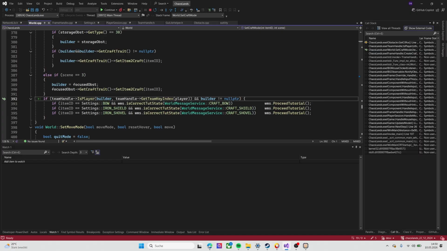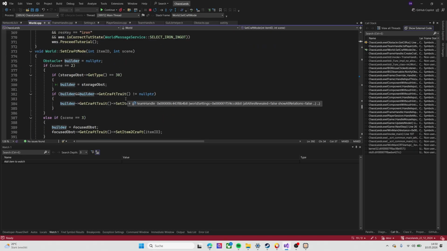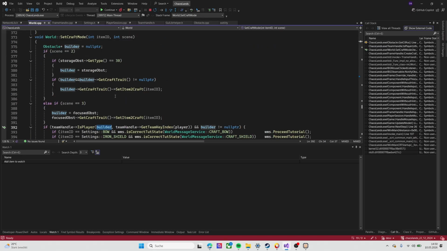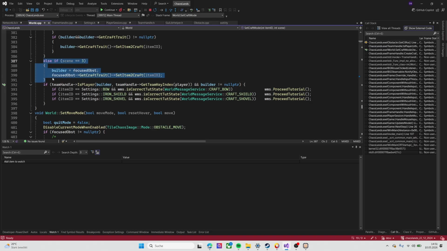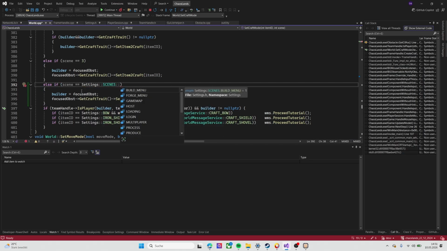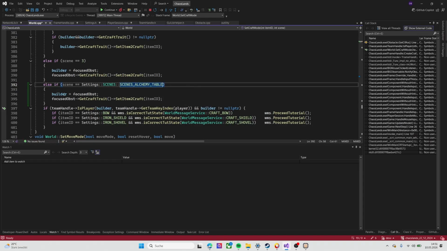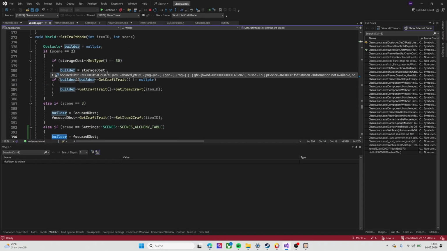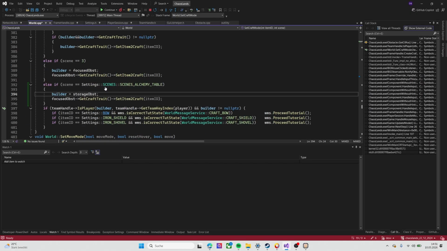Player. Builder. Set craft mode. Okay, so if the scene is settings, scenes, alchemy table, the builder is the storage obstacle, because this is the alchemy table. The focused obstacle is the player or the unit of the player. And now we say